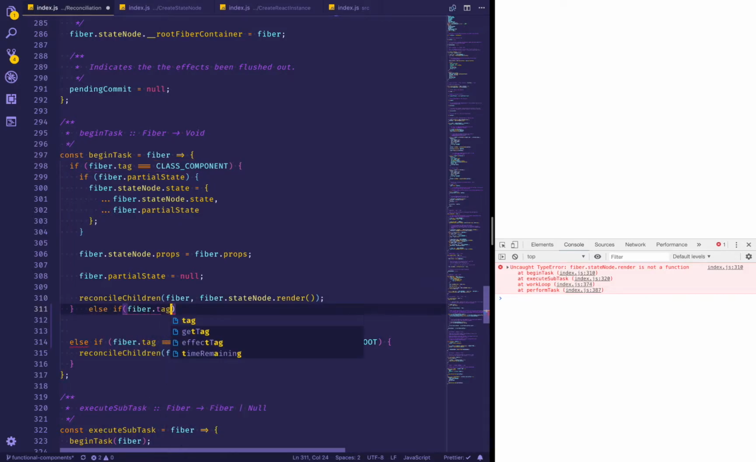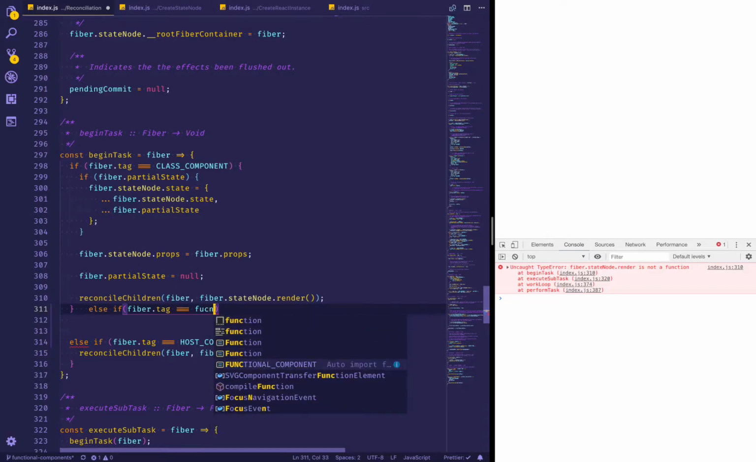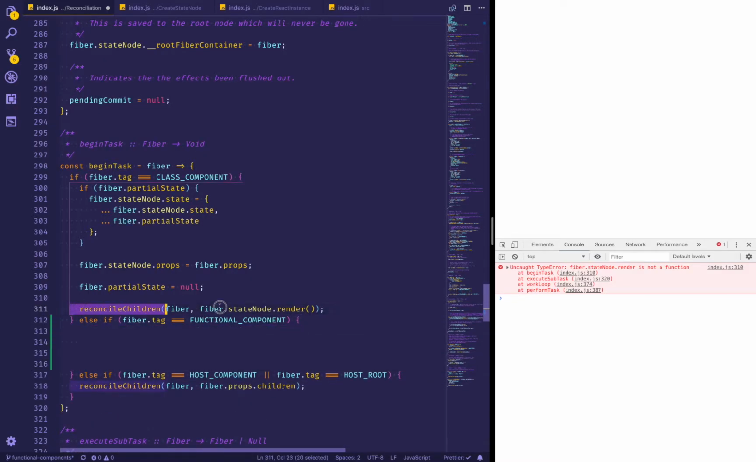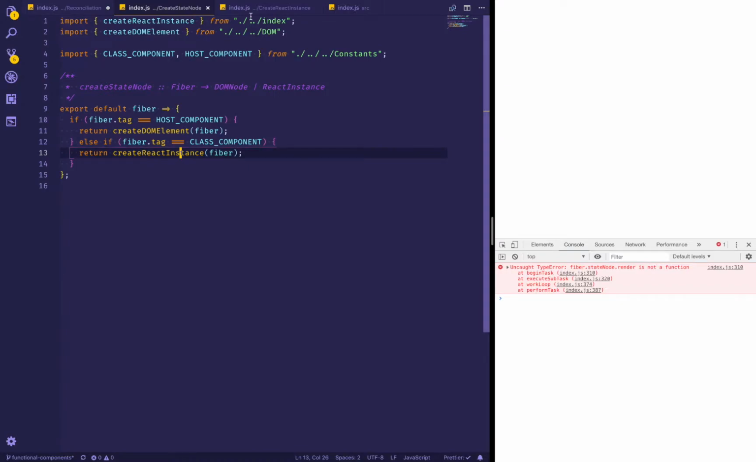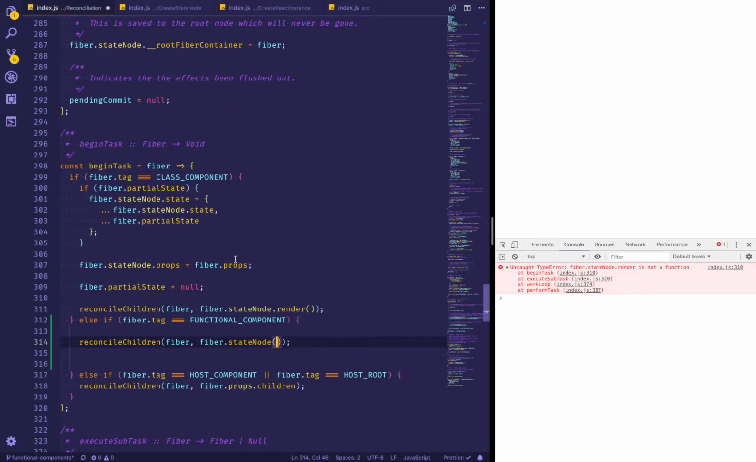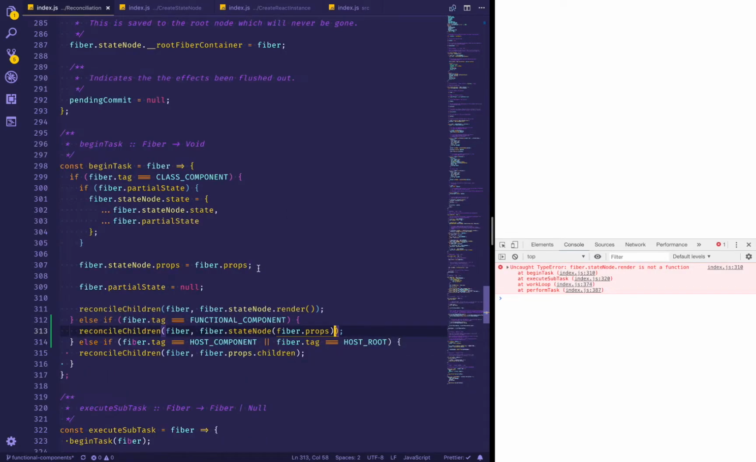the fiber tag can be equal to functional component, and in this case what we need to do is call the reconcile children with the fiber, but not with the fiber state node.render, we simply need to call state node, and here we pass it as an argument as props, so we need to provide fiber.props onto it, and it will provide us with the JSX. So if we call it, here we will get back the JSX, but